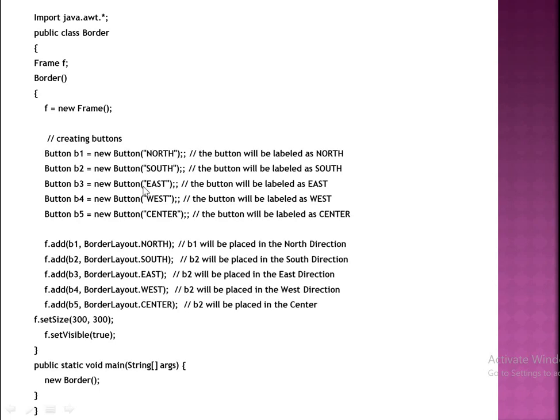Now these components are added to particular regions. Here, with the object of the frame, f.add(B1, BorderLayout.NORTH).